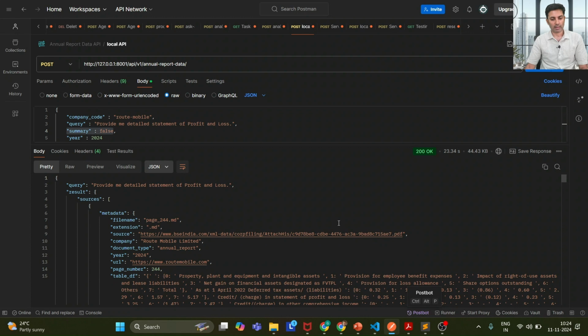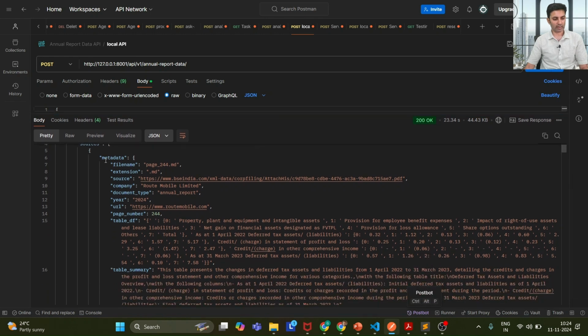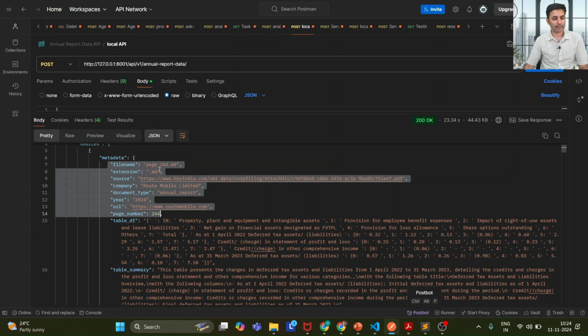So the configuration I have in my system is that I am pulling 10 records for the vector search, basically semantic search, and 10 records for the keyword search, which I explained using BM25. Let's see which pages I got. Just for your understanding, I am using LlamaIndex for indexing the data into Pinecone, so that's why I have this kind of metadata coming here. And this is the page number